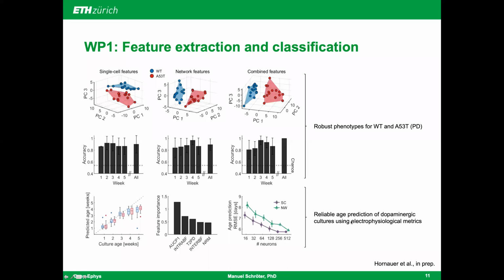Finally, we also used the HD MEA metrics to ask whether we can predict the age of a culture and which features are the most informative for such a distinction. We find that age prediction is very accurate for the first weeks, and that there's a plateau after around 4 weeks, perhaps indicating a certain maturational state. Moreover, we found that there are specific waveform features that are more informative than others to predict age.